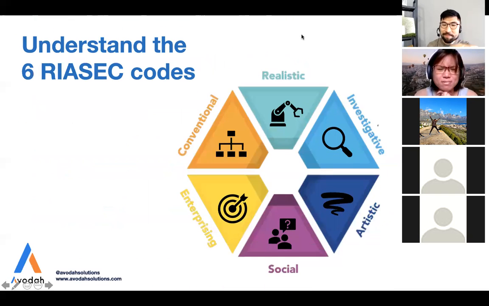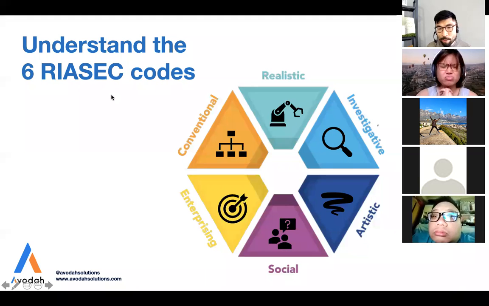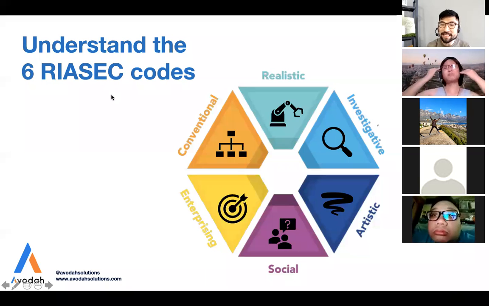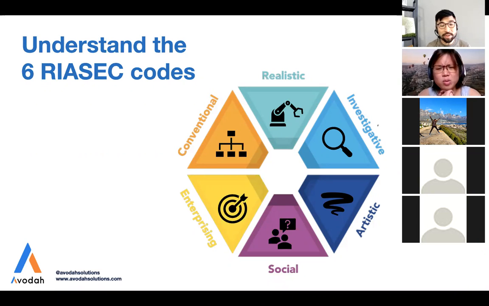So let me just jump straight into the RIASEC code, right? Remember I told you it's RIASEC. And what does that mean? Well, it means six different words actually. R stands for realistic, I for investigative, A for artistic, S for social, E for enterprising, and C for conventional. These are what we call six dimensions or six types, if you will, that form this RIASEC code. And you realize that it's a very interesting hexagon shape. I'll go into that a little bit later.